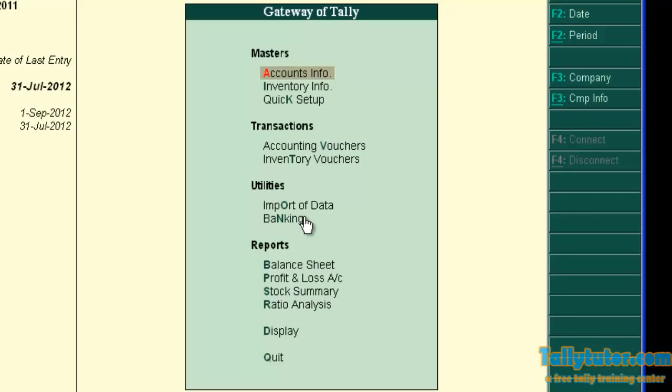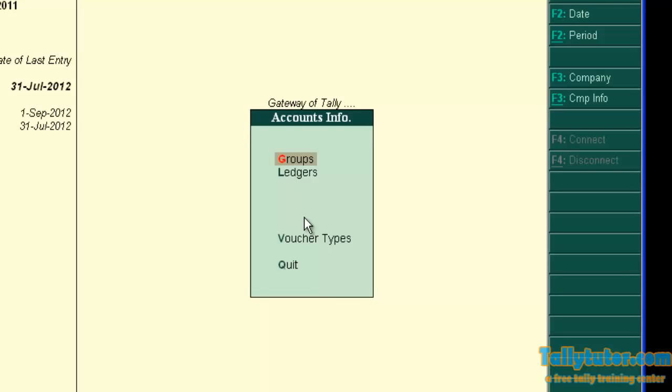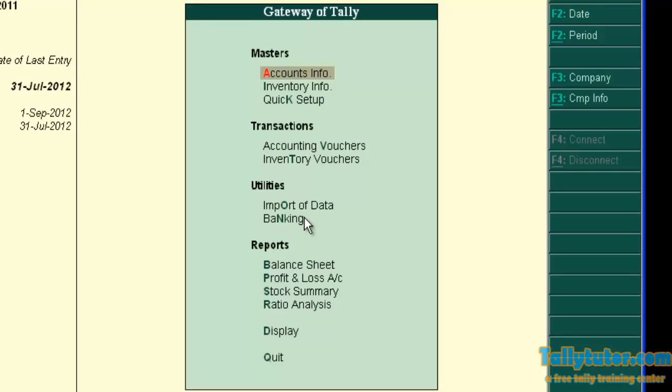Now moving through the menu, the current active menu is accounting vouchers, as it shows with a gray background. To move from one menu to another, use up and down arrow keys. To go inside the menu, press enter after selecting the desired menu. Or you can use a hotkey, and on selecting a menu, a letter in red color is visible.